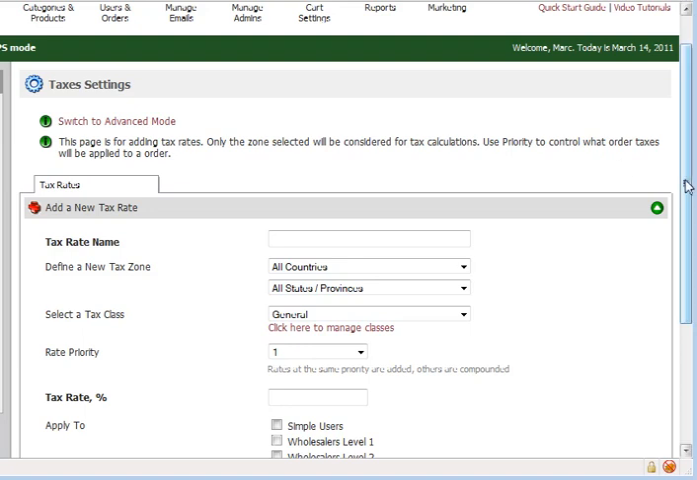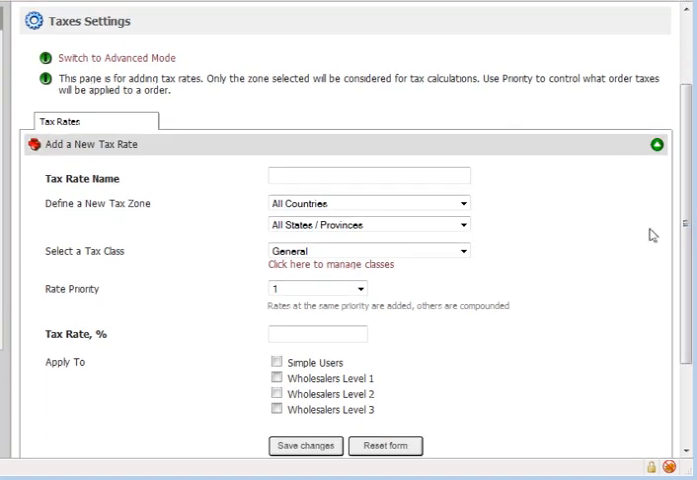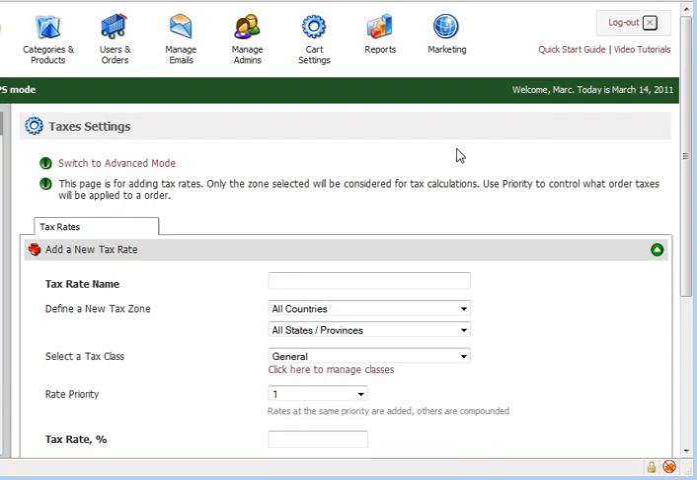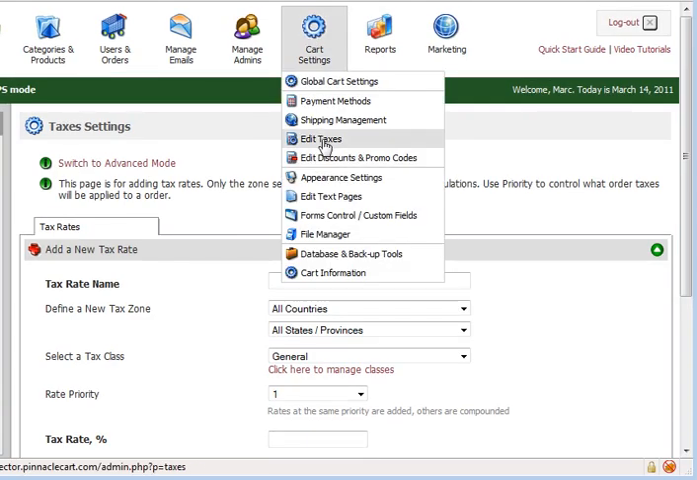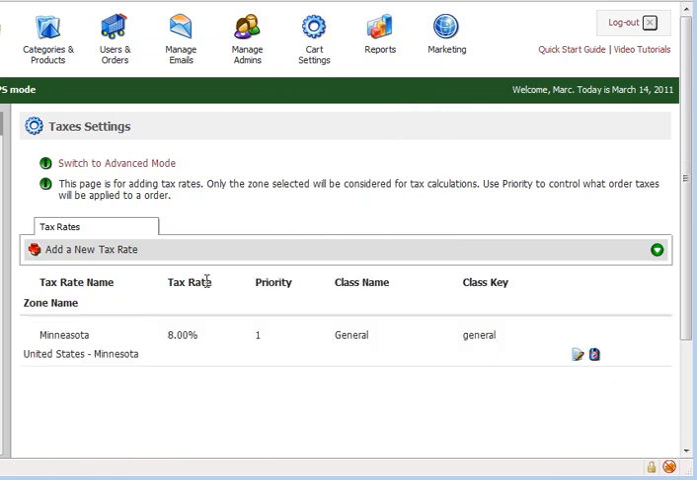In order to do that, and you can go to set up the tax settings, go to cart settings, then down to edit taxes. And currently you'll see that we've got an 8% sales tax. So this is all set up